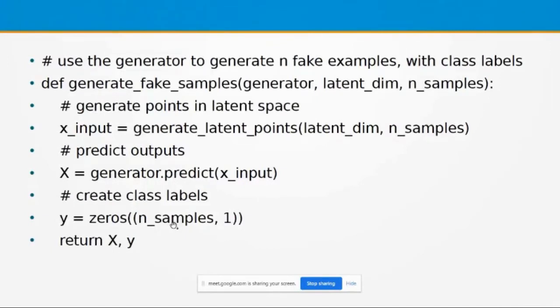And these images are fake images. In order to designate them as fake, we can create a label Y, zeros of n samples comma 1. That is a one-dimensional array, and all the locations are initialized with zeros. That means all the Y locations contain zeros, so all the images are fake images.